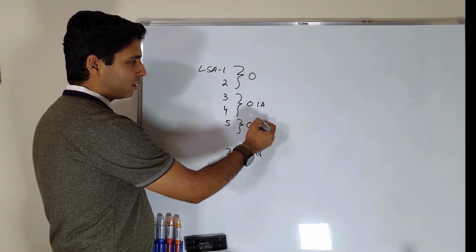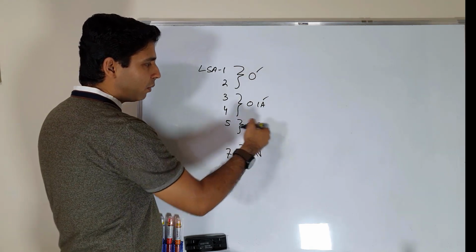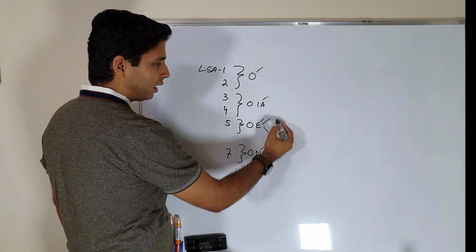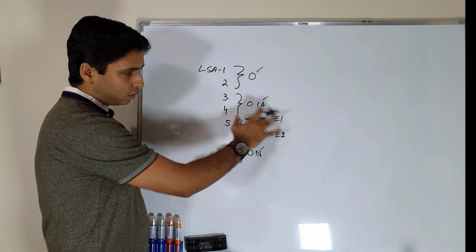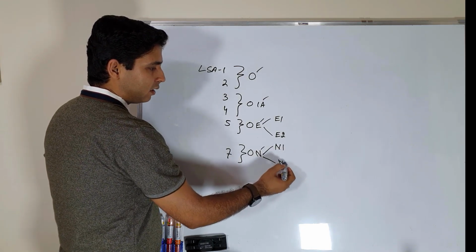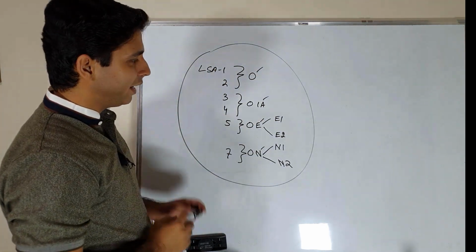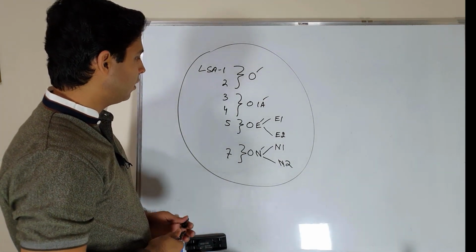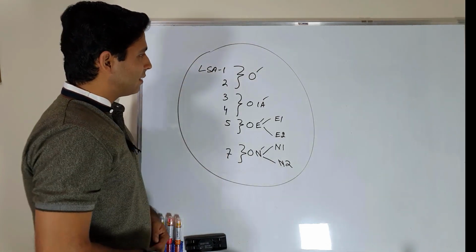We have discussed already what normal intra-area and inter-area routes are. But next we will see what external and NSSA routes are. External has further two types, external type 1 and external type 2. One has internal cost, one does not count the internal cost. We will discuss in detail later on. And then we have NSSA type 1 and NSSA type 2 as well in the routing table. So basically we have these 7 types of LSAs, which are very critical when you go for an OSPF interview, when you study OSPF in detail, or when you do Wireshark analysis. So we will discuss all of these LSAs one by one.